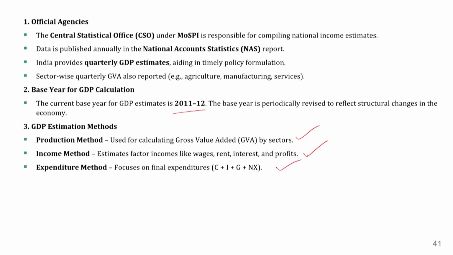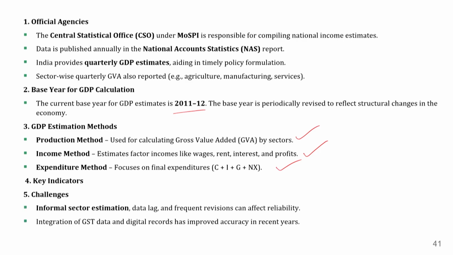So that means for different sectors, we don't use each and every method for all the sectors. It has been used based on the convenience, which would yield a more robust method. Accordingly, these methods have been used. For the key indicators, I would suggest you visit the CSO website, and also the economic survey PDF, which has a statistics section, an appendix. There you will get the key GDP indicators.